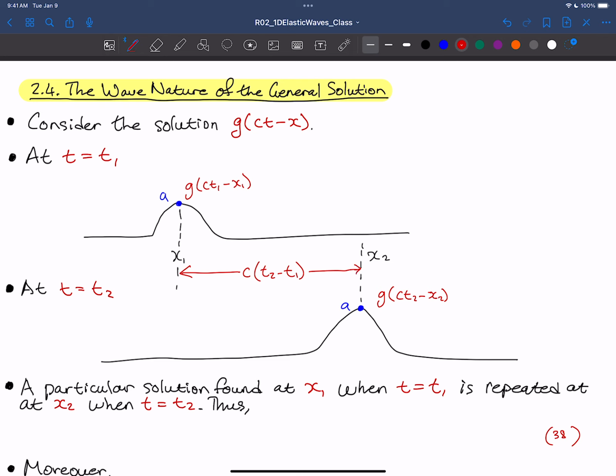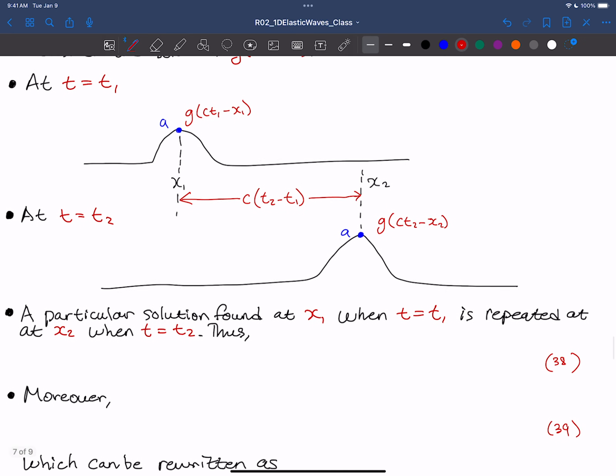Okay, so the point here is that this function g is a wave that will travel over time. It tends to be localized in space, and then it moves through space. It doesn't necessarily have to be localized in space, but it's easiest to visualize when it is localized in space. So that particular solution that's found at x1 when t equals t1 is then repeated at x2 when t is